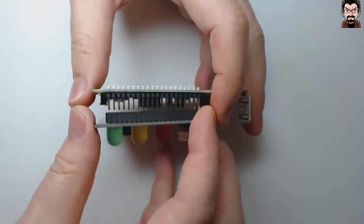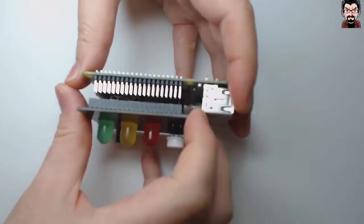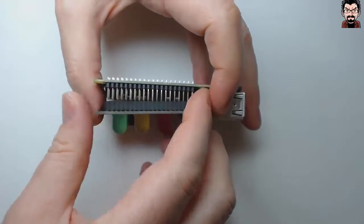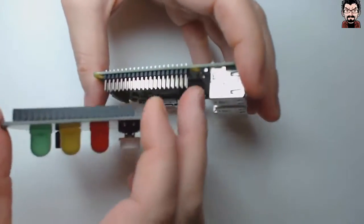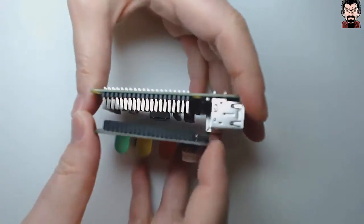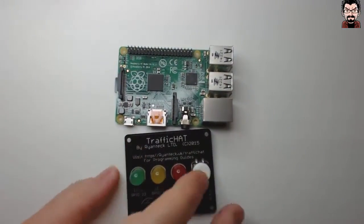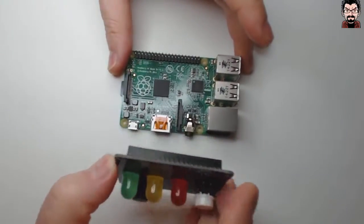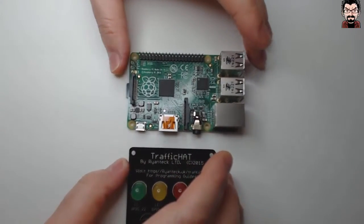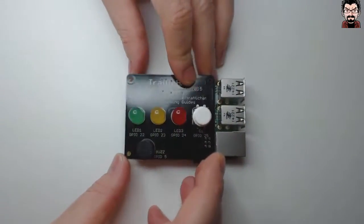It may be just a bad batch of these connectors here, but if that's the case for you, try and remove it gently from each side a bit at a time, so that it comes off without bending the pins and mostly without breaking the board of the Raspberry Pi. Otherwise you can use probably something like a cobbler and use it directly onto our breadboard, which should be a bit more manageable. But the design has been made so that it fits nicely onto the Raspberry Pi, and in fact